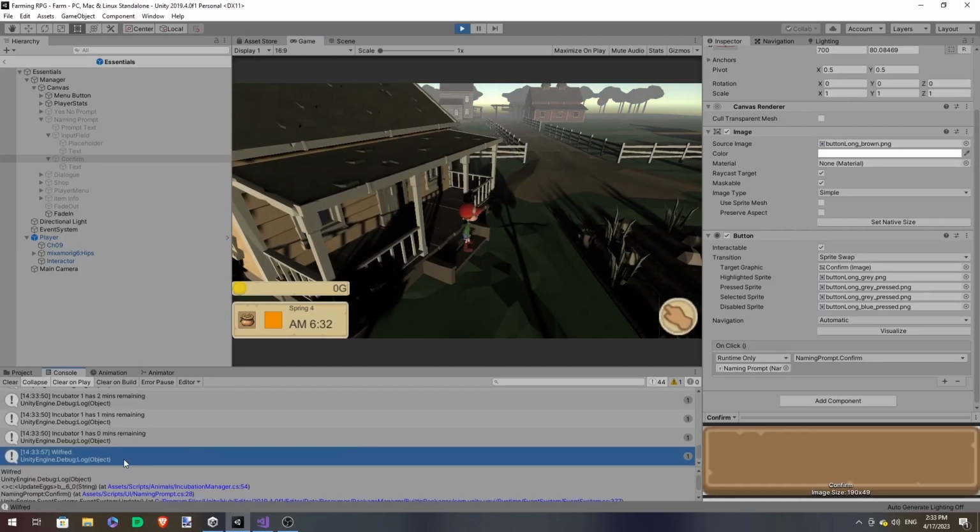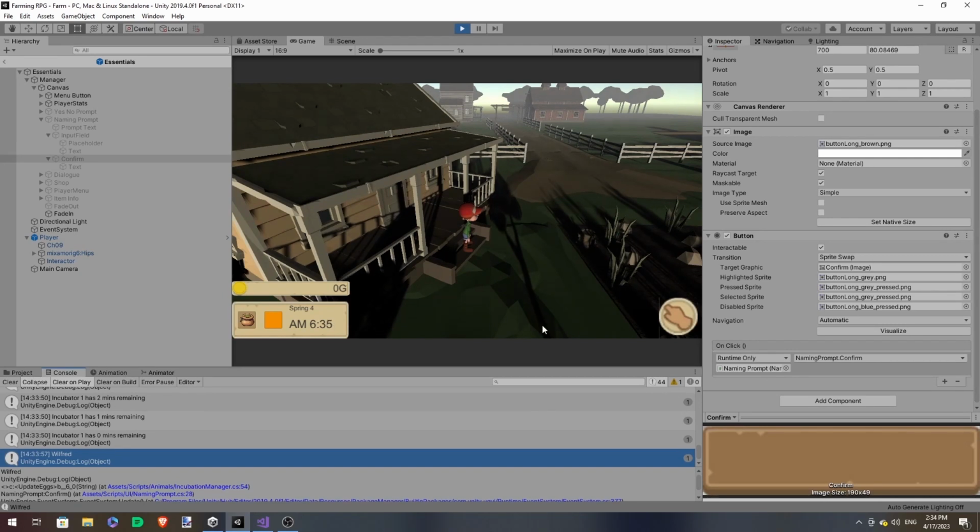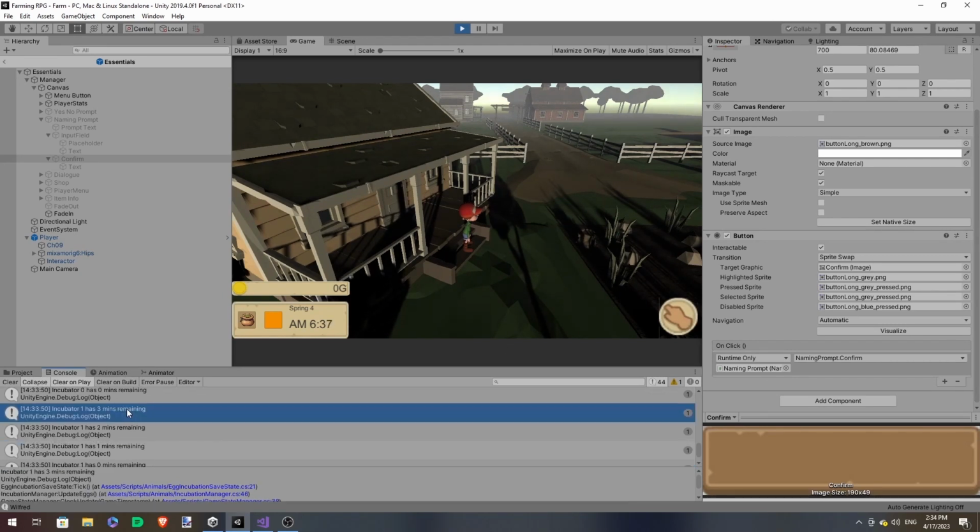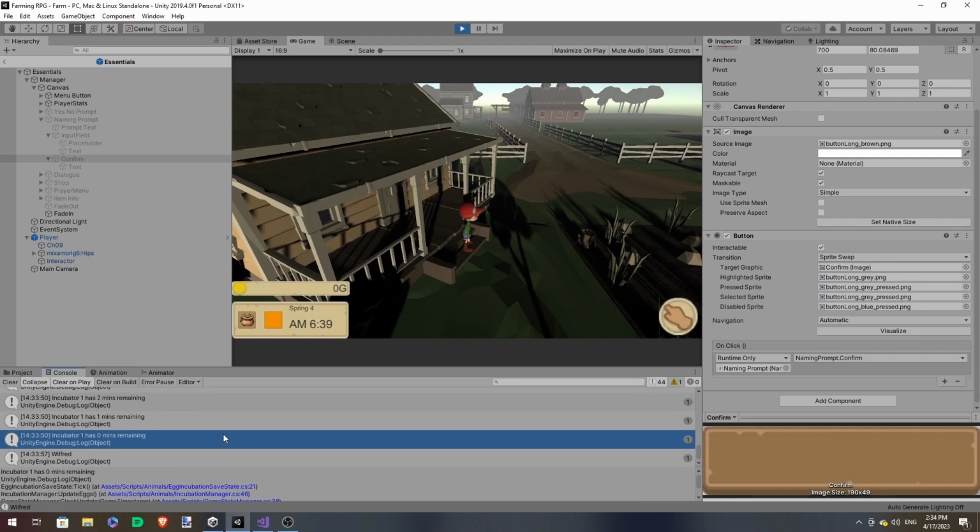There, it works. But as you can see, we were actually incubating 2 eggs. So by right, we should be naming 2 chickens, but there was only one naming prompt that was triggered.